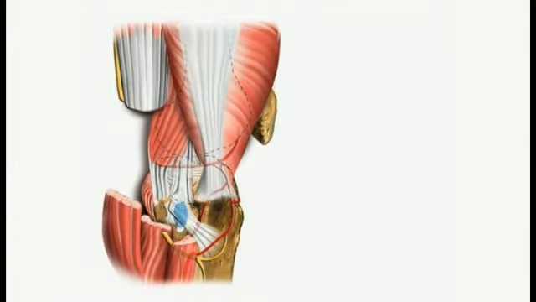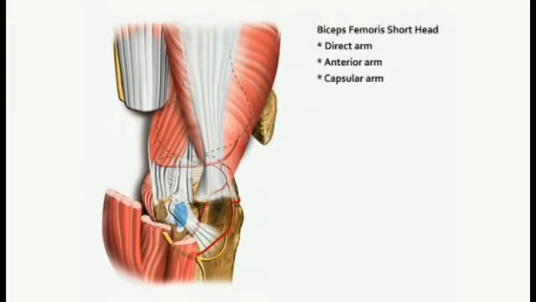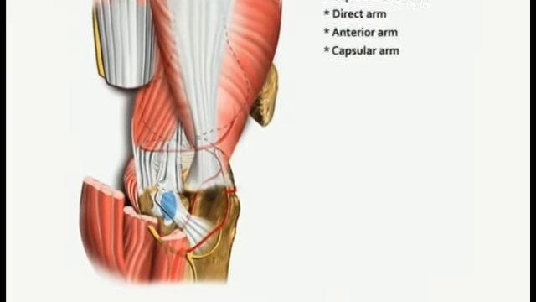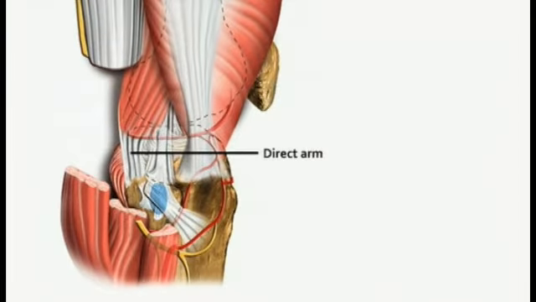Let's continue with the short head of the biceps. The short head of the biceps has been described as having 6 attachments. The 3 main attachments are the direct arm, the anterior arm, and the capsular arm. The direct arm inserts directly onto the fibular head, just posterior and proximal to the direct arm and the long